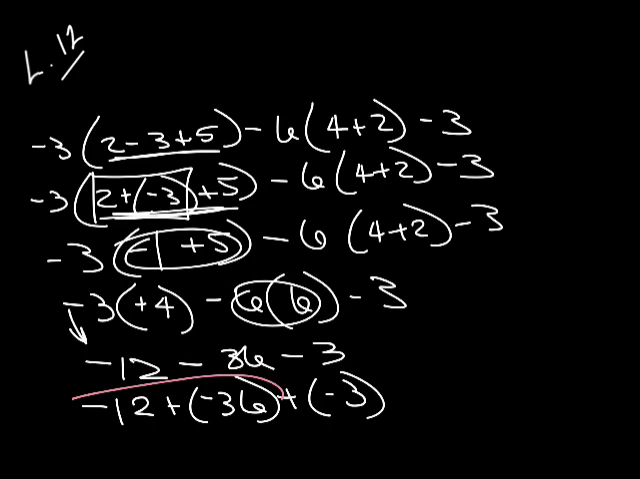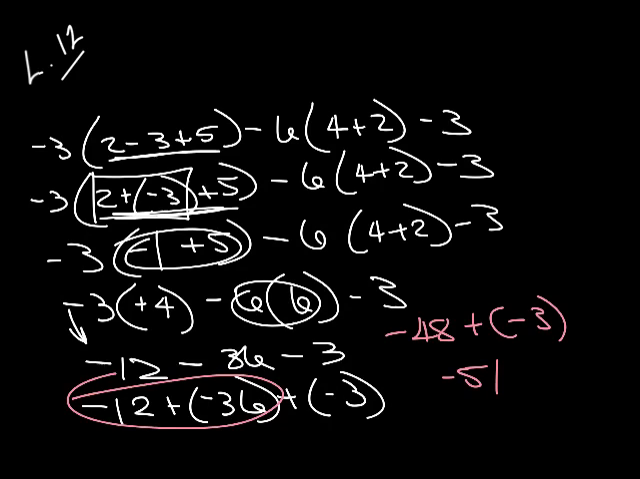Okay, so we look at these. Signs are the same, so we add them. So 36, so we get 48, and it's a negative. And then we've got a plus negative 3. Signs are the same, so we add them and put the negative on there, and we're done. Let's jump to